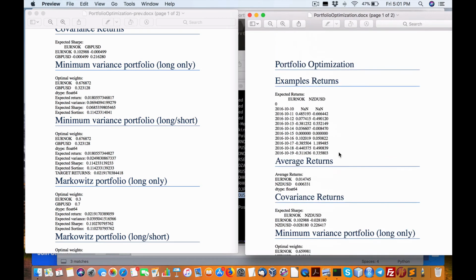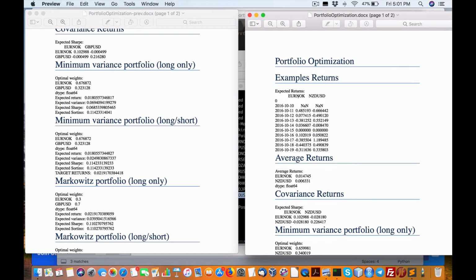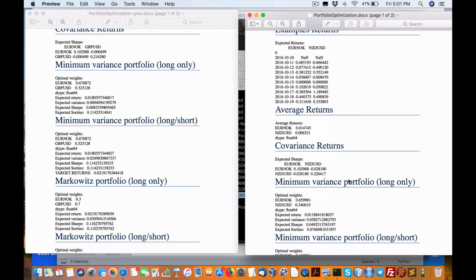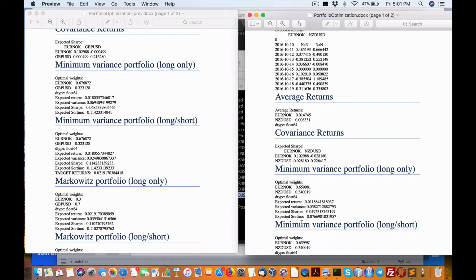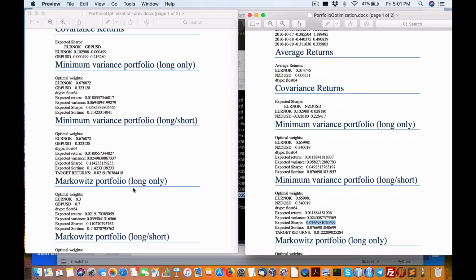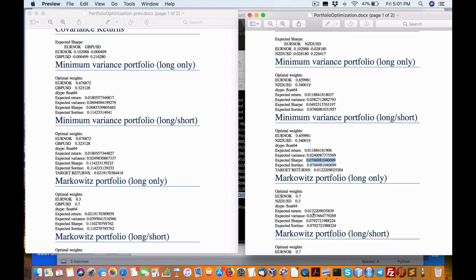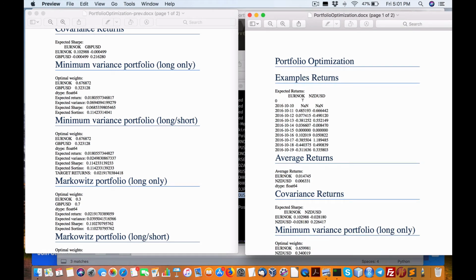So let's compare that to the Euro Norwegian kroner against the weaker New Zealand dollar USD, against the Markowitz long only. We have here 1.2% expected return, and that's compared against the 2.1%. So again, Markowitz portfolio long only is better than the combination of Euro Norwegian kroner with New Zealand US